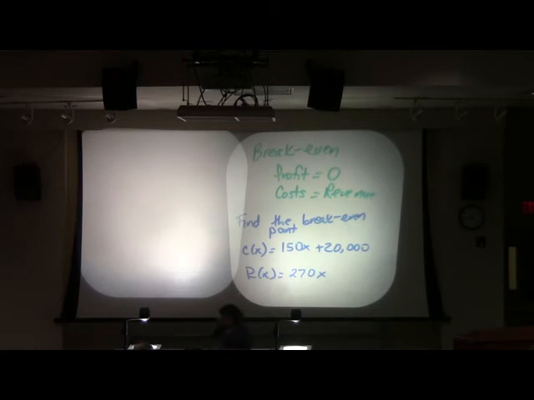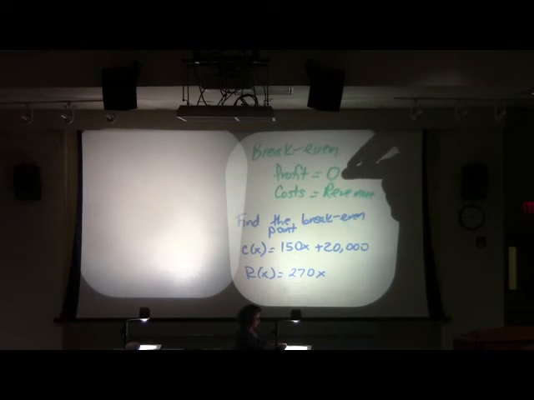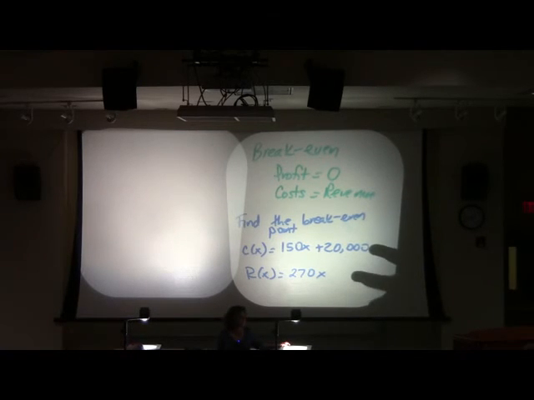So, what we want to do here is find our break-even point. Well, we could do that one of two ways. We could do that either by setting our profit equal to zero or by setting our costs equal to our revenue. Well, since we have our costs and our revenue, why don't we just use this method? Do you guys remember how to get your profit from these? What is it? Isn't it your revenue minus your cost? Think about it this way. How do you figure out how much profit you make? You take all the money that you earn, subtract off what your costs were, and hope for a positive number.